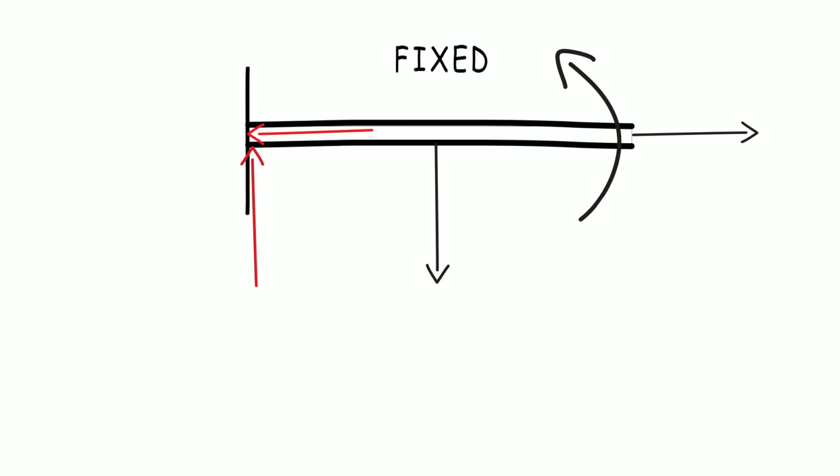The final type of support is a fixed support. As the name suggests, this support does not entertain any type of motion at all. You try to move the beam and the reaction force along vertical or horizontal direction will act to restrict its linear motion like with a pivot. Now, if you try to rotate this beam by applying a moment anywhere on the beam, no rotation will take place either. This means that the fixed support not only restricts the linear but also the rotational motion of the beam. This means that the support exerts a reaction to both the forces as well as the moment and produces a corresponding force and moment in an opposite direction.